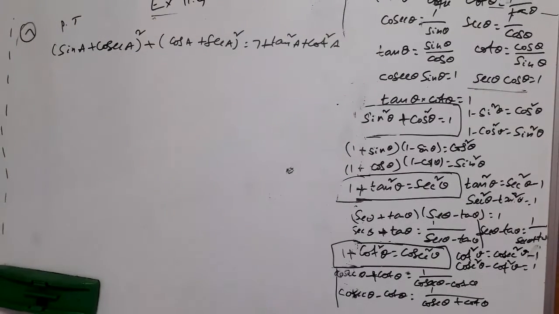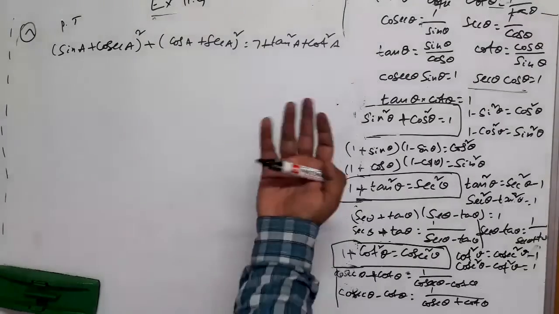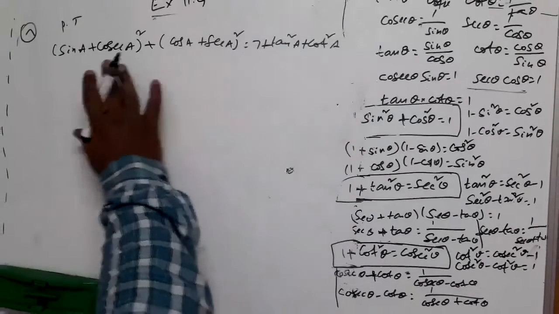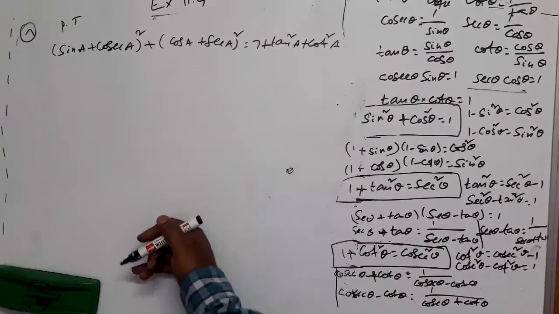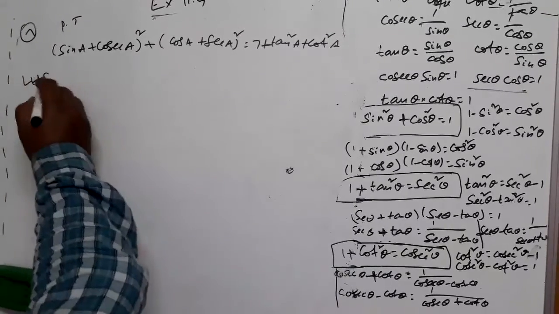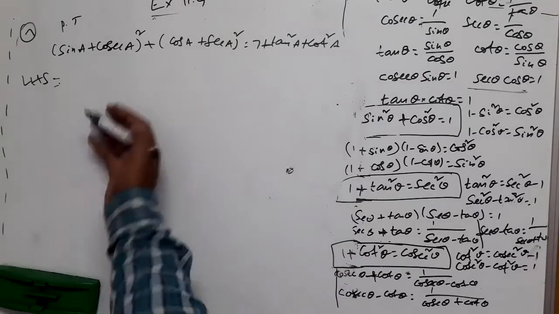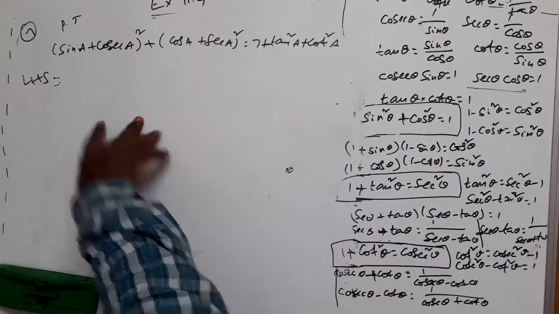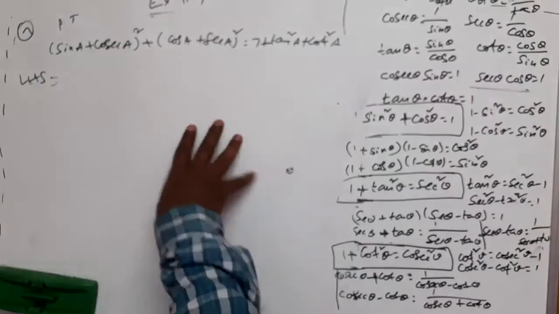Prove this. Prove this means, again, start at LHS and bring RHS, or start at RHS and bring LHS, or any other method. LHS contains the square of one bracket and the square of another bracket. RHS contains 3 terms. So what shall we do? Let us start at LHS, because this is the bigger expression and this is the simpler expression. Here, this is of the form a plus b whole square. Squares are involved. Finally, you want tans and cots. You don't want sine or cosecant or cos or secant.